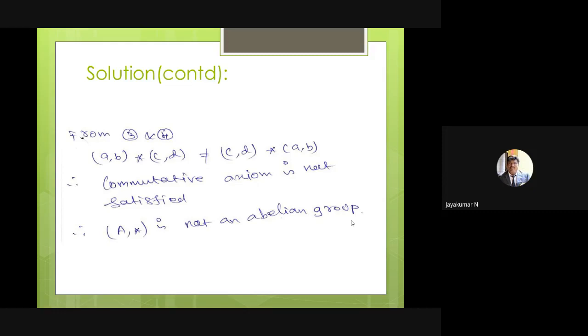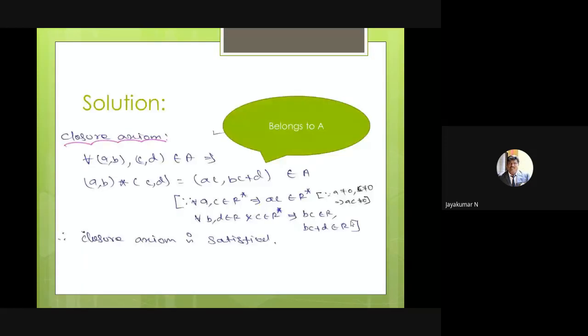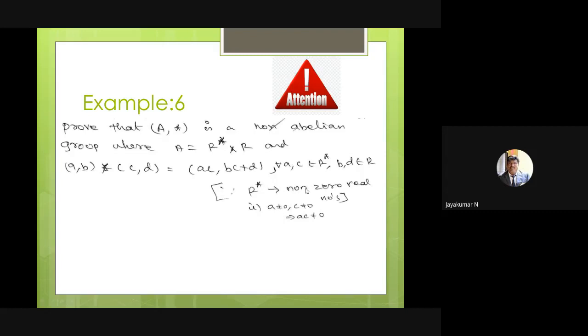Sir, wait, one thing. What is the question? I have to show a non-abelian group. You have to listen to the question very carefully. I may have to show that it is a group, or an abelian group, or a non-abelian group. Here they mention a non-abelian group. Obviously the commutative axiom is not satisfied. One thing you can keep in your mind: non-abelian means commutative does not hold. I have already proved all these things. Therefore, I have proved that (A, star) is a non-abelian group.